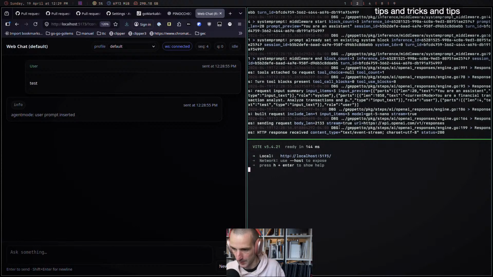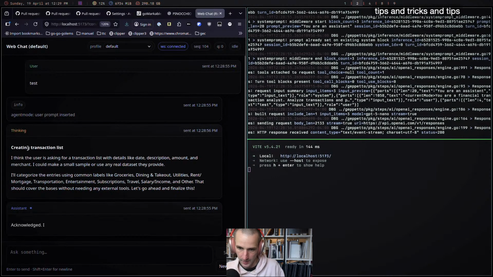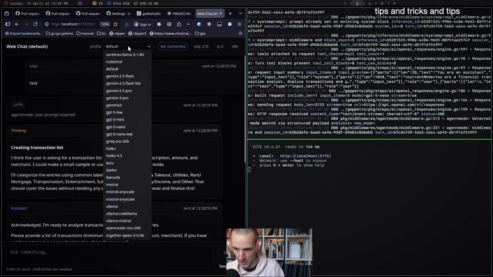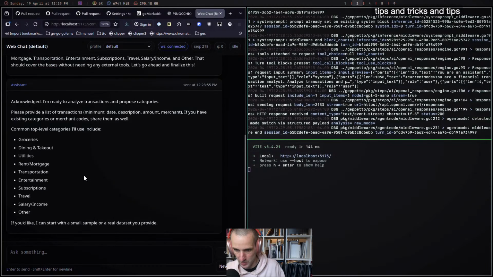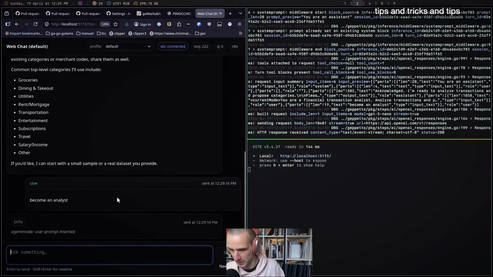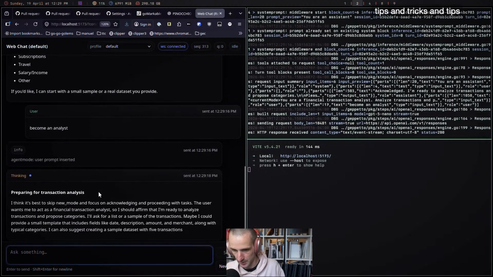It can do all kinds of structured data extraction here, though I'm not sure if it has it. So there's agent mode, become an analyst. I'm not sure if this will trigger some of these richer events that can be done.